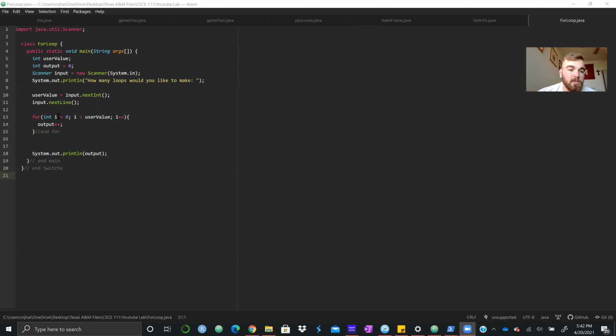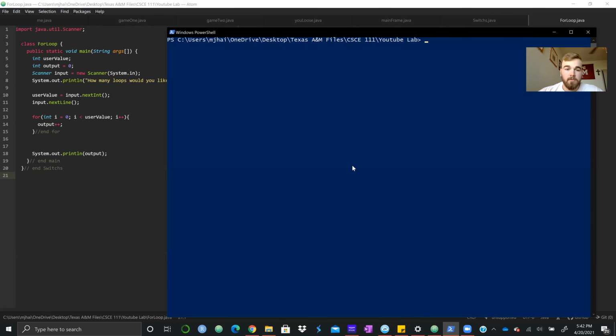So what will happen is that it'll initially be declared at 0. As long as it is lower than whatever value the user enters, it's going to run, and then it will add 1 to itself. What we did here with the output is initially set it at 0, and right now all this is going to do is count how many times this loop runs. So we can go ahead and compile it,